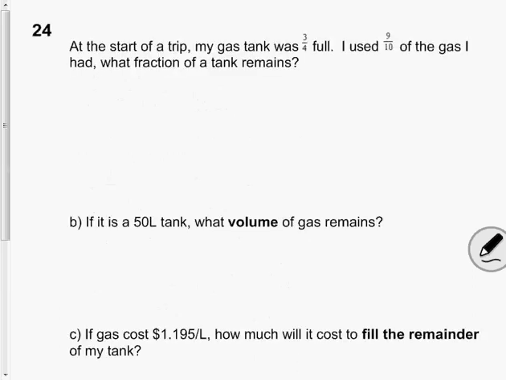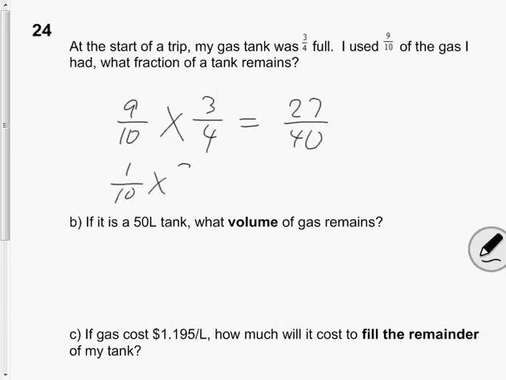The next question says, at the start of my trip, my gas tank was 3/4 full. I used 90% of the gas I had. So I used 90% of the 3/4 of a tank. So when I multiply this out, I get 27/40. I used 90%, so I used 27/40. If I think of it a different way, if I used 90%, I didn't use 10%,